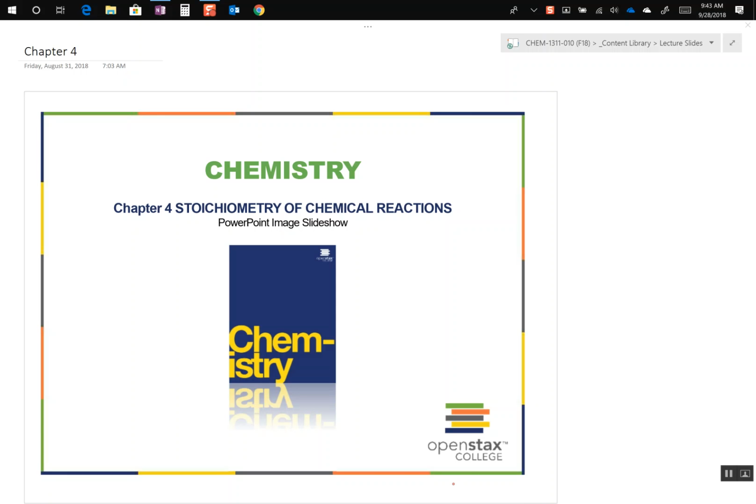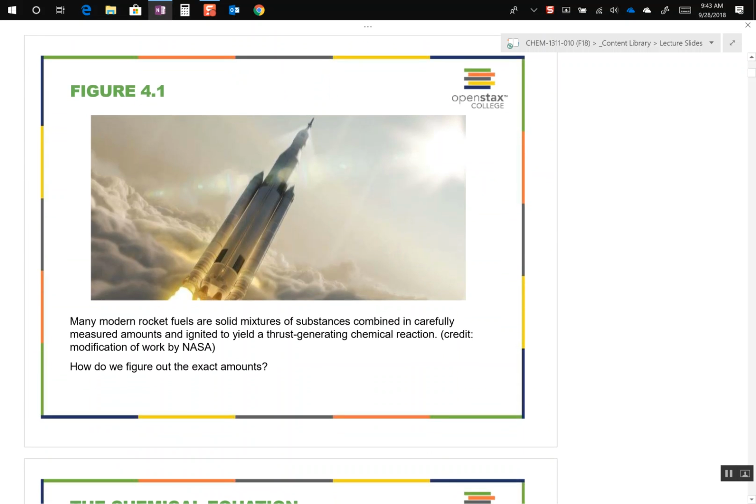So let's look at chapter 4 now. Okay, so if you're going to be a rocket scientist, then you're going to want to create your rocket fuels with the correct mixture of reactants, right? So here we see a solid rocket booster, and that solid rocket booster is made up of different